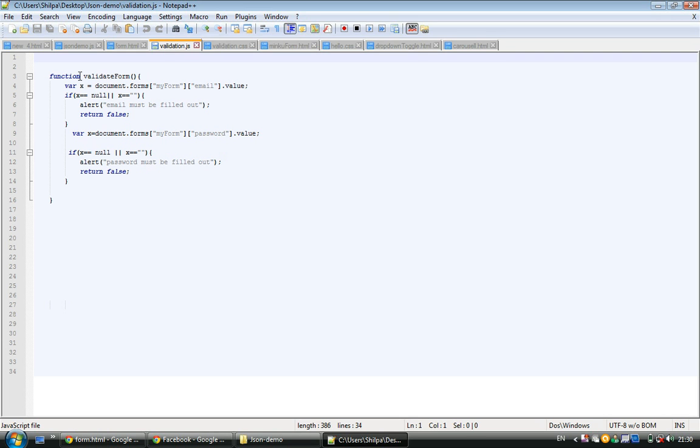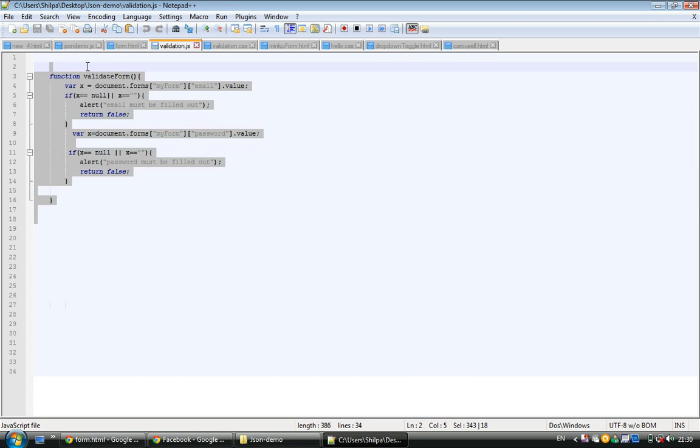First of all we take a function validateForm, then we take a variable x and take the form name, email. You should have knowledge about JavaScript.